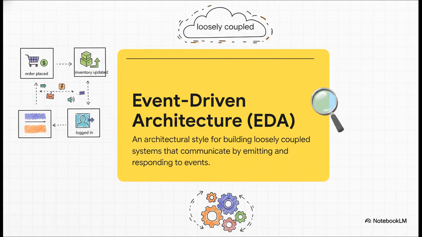An event-driven architecture is all about building systems where the different parts are loosely coupled. Instead of services calling each other directly and waiting for a response, they communicate by just shouting out that something happened. That something is an event. And an event can be anything, really. An order was placed, a user updated their profile, a new item is in stock. It's just a little notification about a change.